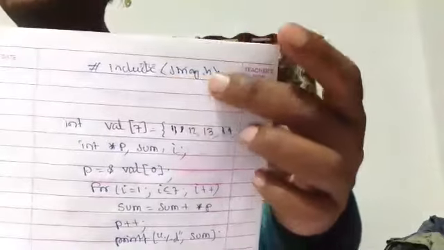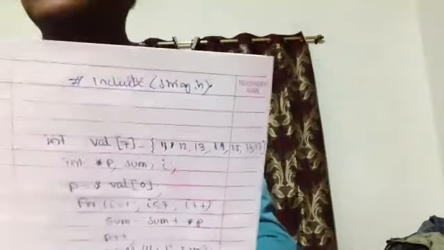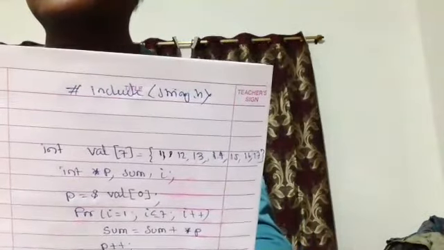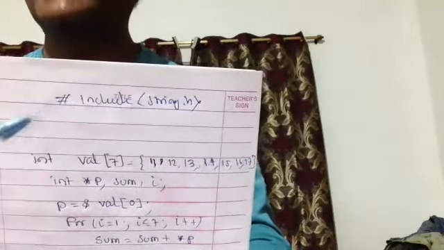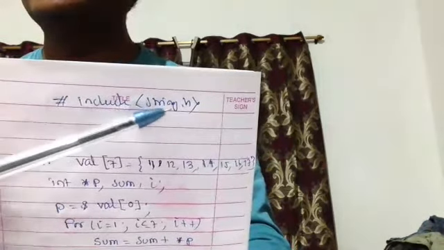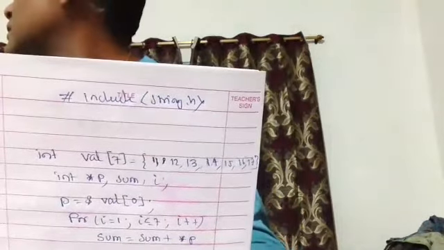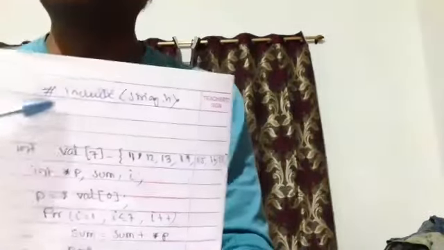Include string dot h to perform string operation. Yes, sir. Like you are putting include stdio dot h here, before going to string operation you have to write include string dot h. Okay. So why I am going to put this header file is that